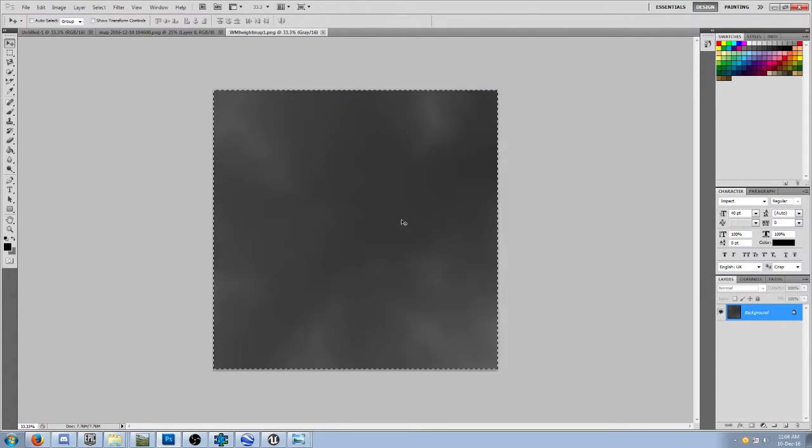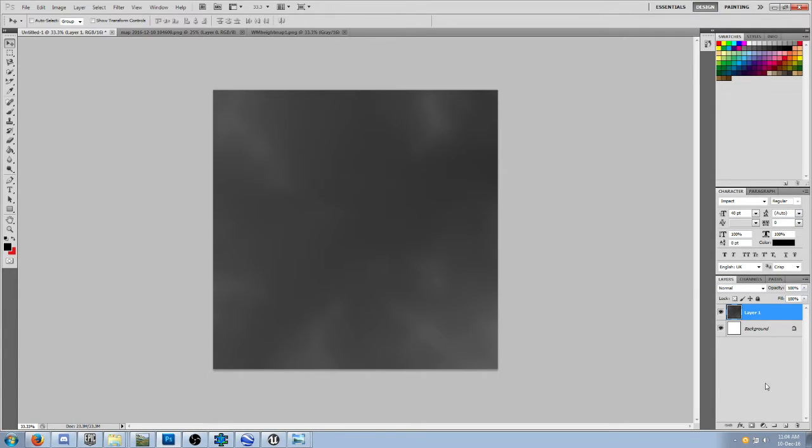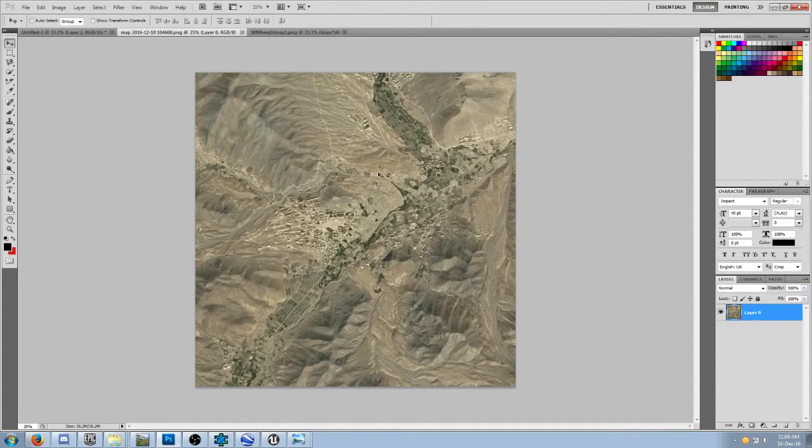Now, Control A to select, Control C to copy, add a layer, height map, add another layer. Now, because this height map's grayscale, it might have changed the parameters of this document, so bear with me if it did. Control C for the reference picture,